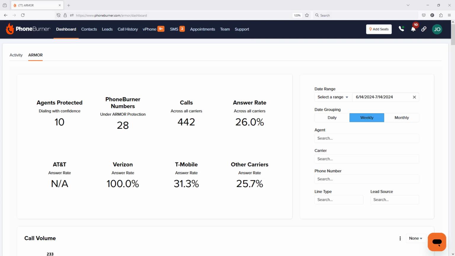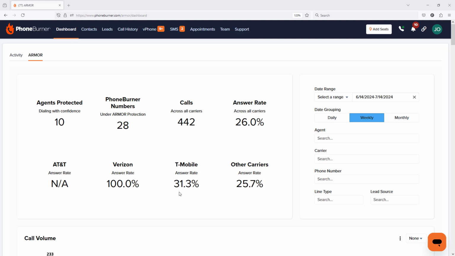On this specific training we're going to continue talking about the ARMOR dashboard, but I want to start diving a little bit deeper into the data. And that's what this dashboard allows you to do. So again, when you load the dashboard, you're going to see an overview of the last 30 days activity for your organization. All the phone numbers, all the agents, all the calls, all that information is going to be right here on the dashboard. And you can see here across my entire team, over the last 30 days or so,